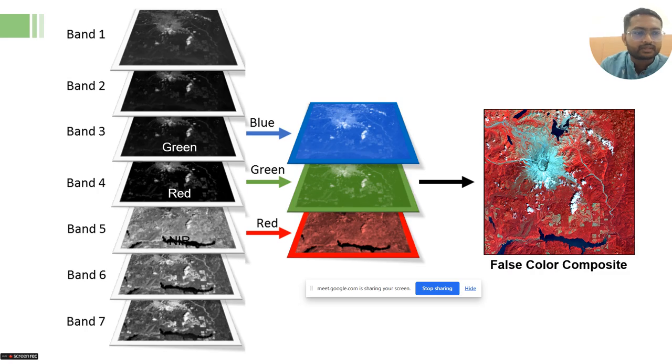Yes, and one more thing. Now what we can see here, if you compare these three bands, green, red, and near infrared, in which band are the values high? Obviously near infrared, because you can see the image has more values. If it is white, then it has more value. If it is black, it means there is nothing coming to the sensor, and because of that the color is black. So compared to green and red, the near infrared band